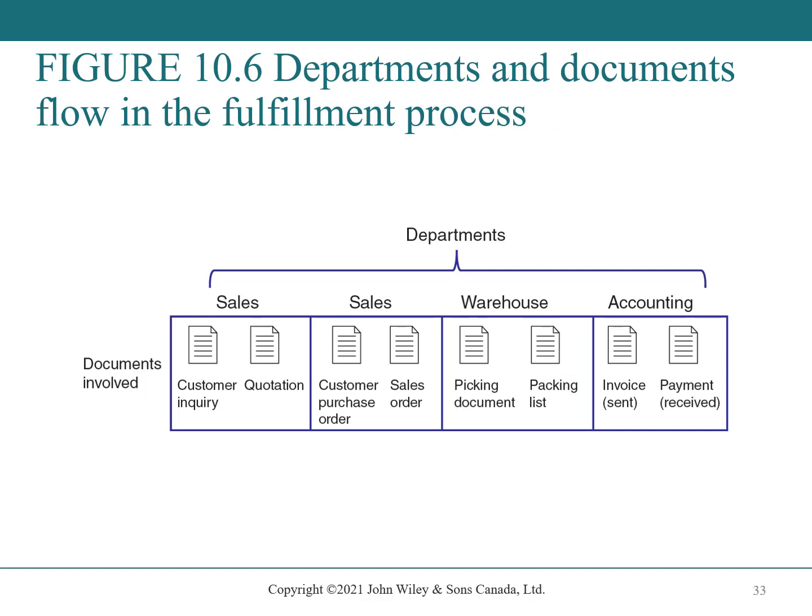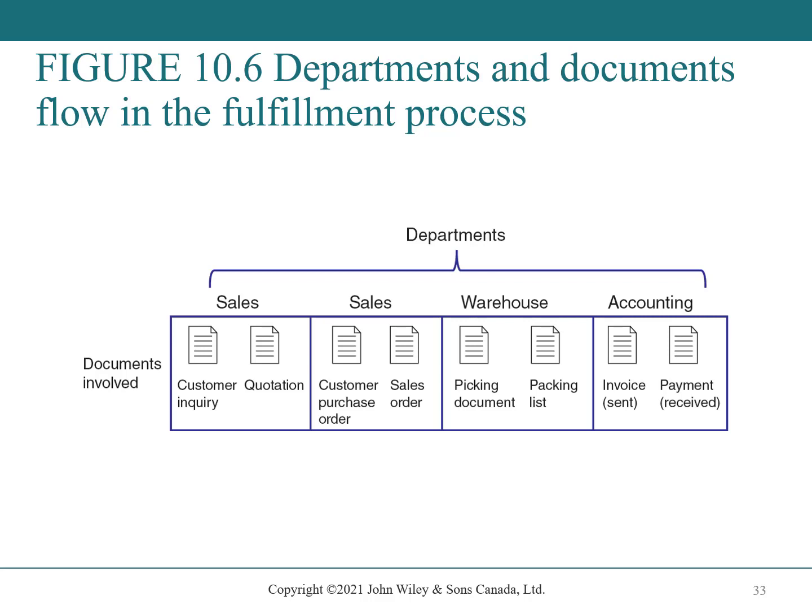Figure 10.6, departments and documents flow in the fulfillment process. Again, the documents involved across the bottom, we have a customer inquiry, a quotation, a customer purchase order, a sales order, a picking document, and a packing list, and then an invoice sent and payment received. This flows through the sales,